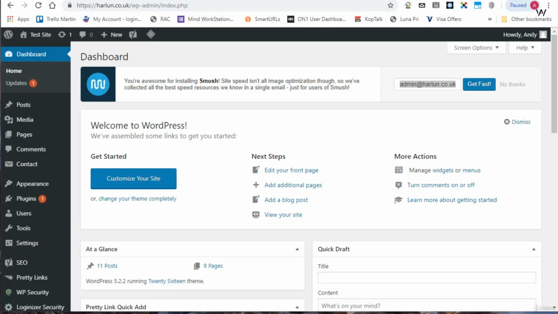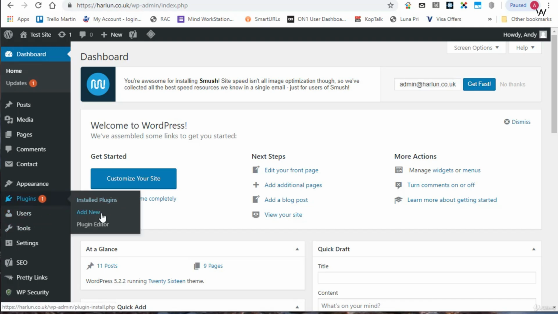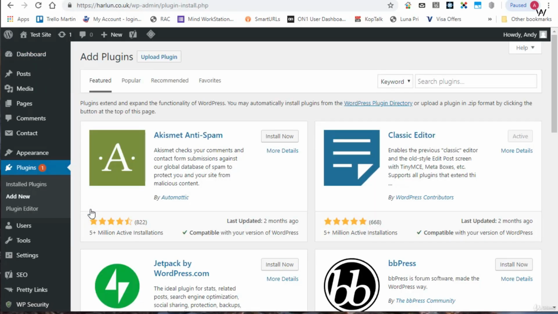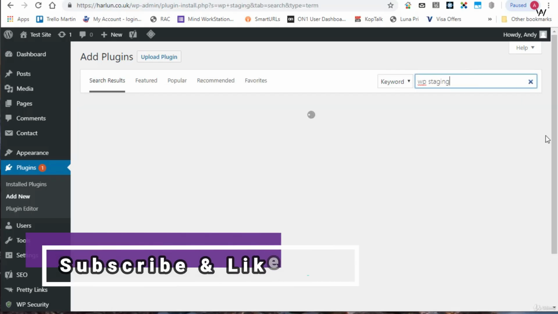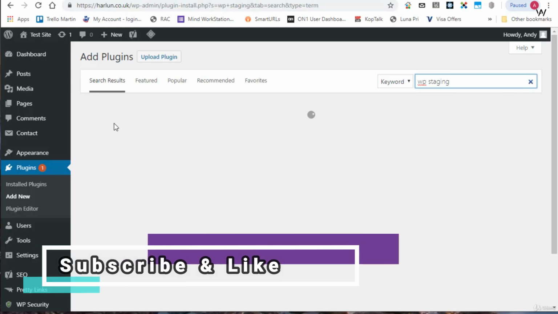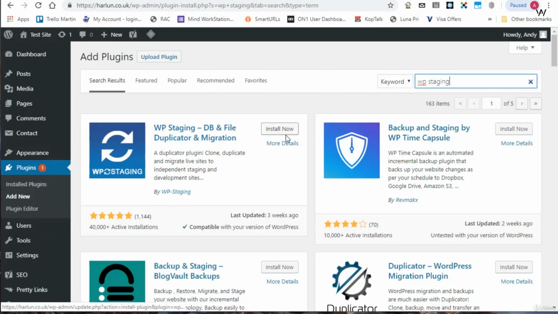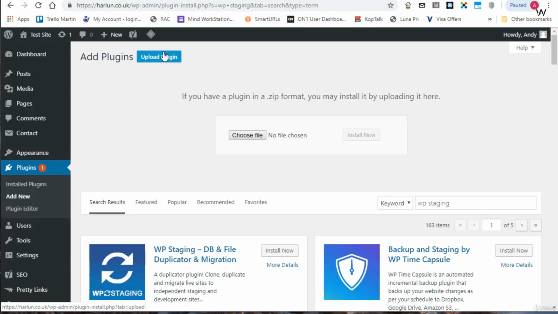If your web host doesn't offer that facility, then the next best thing to do is to use a plugin, and there is a really good plugin available. So if we go over to Plugins, Add New, I can show you the free version. The free version has limitations. It won't allow you to push to your live website, but you can certainly have a play around with it. It's called WP Staging, and it's this one here, by WP Staging. You can install that and have a play around with it. However, because it can't push your changes to your live site, there's little point in me showing you how it works. So what I'm going to do is I'm going to upload the full version